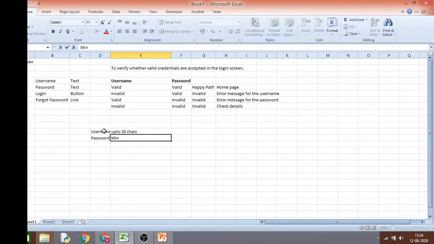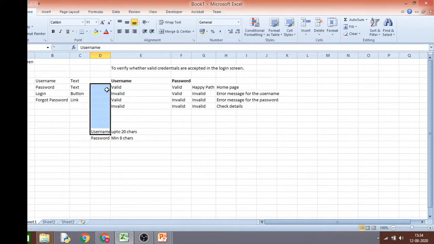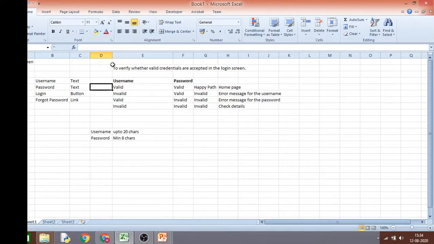All these things will fall under test cases. As we already discussed for the boundary value analysis, you can give something lesser than 20, you can give 20, you can give 21, more than 20, correct? So all these things will fall under the username validations.